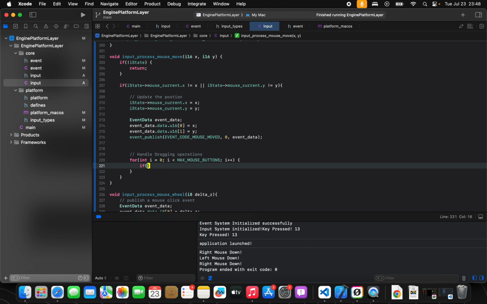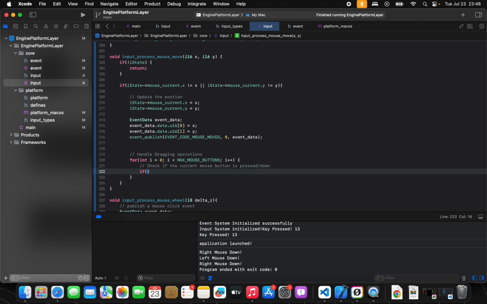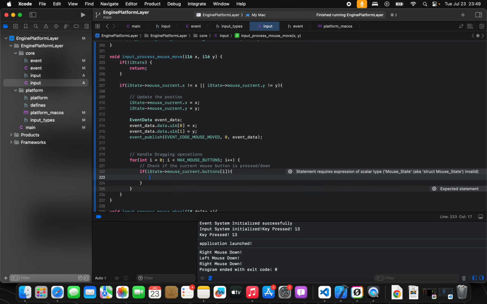So I'm gonna do that like this. So let's check if the current mouse button is pressed, slash down, right. To do that, simply we need to make use of I state, mouse current, buttons, yeah, for the mouse, and then that current button. So if that current button is pressed, so